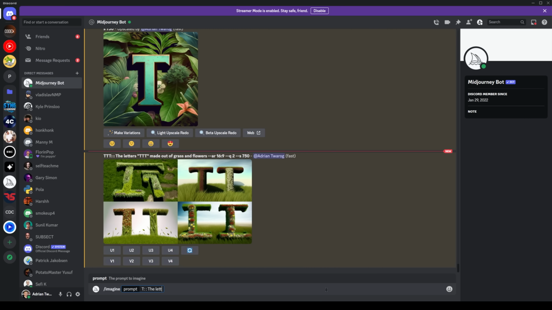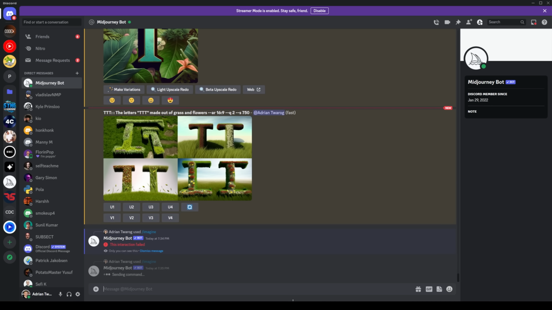Another thing you can do with Midjourney for creating AI art is add a colon before the actual item you're trying to represent. So in this case, I added a colon before the letter T, and then I said I wanted a letter T printed on a page as beautiful typography. Now I thought this would be very hyper specific, and hopefully it might come out with something that represents that letter on a page. It was also based on another recommendation on Reddit where users said that if, for example, you represent what you're looking for in a situation or a scene that it often is presented in, like for example writing a letter on a page or having a tree in a forest,